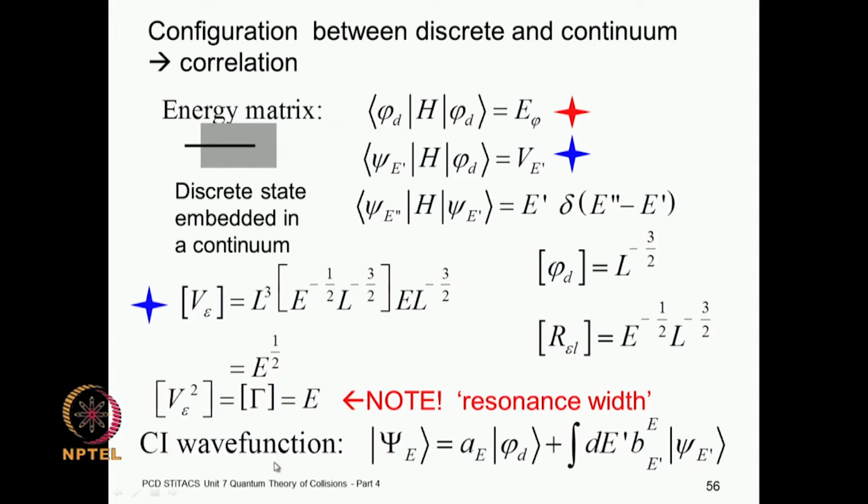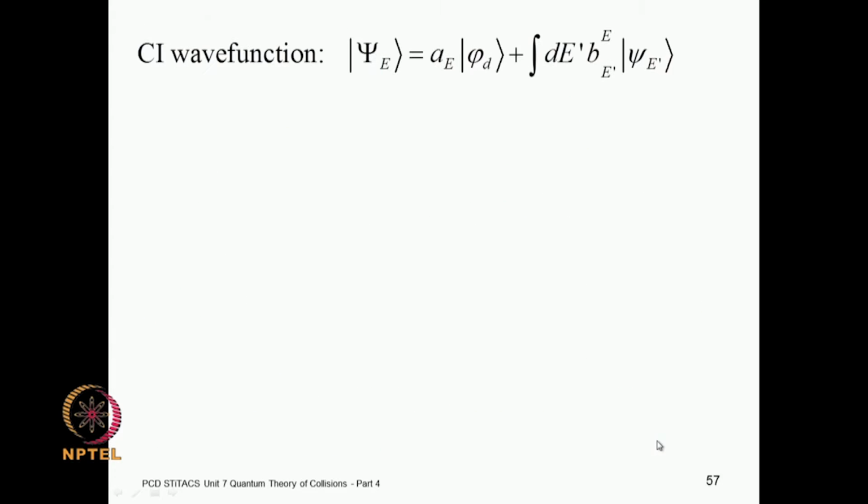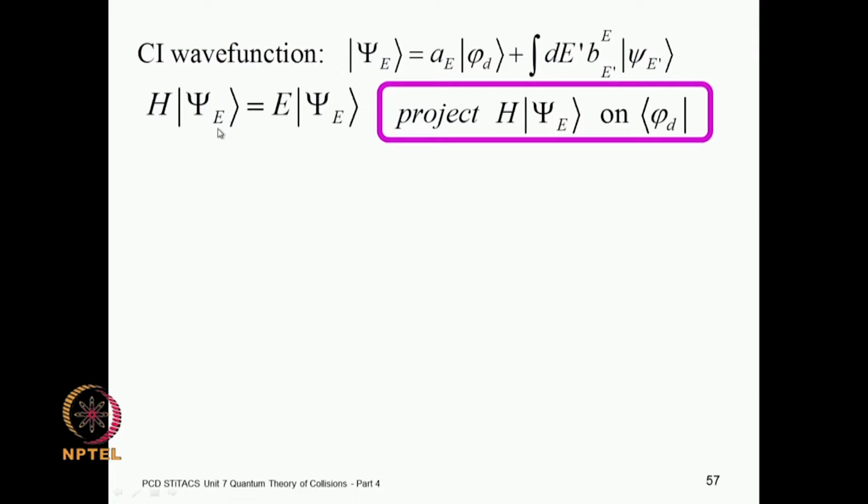Now, the configuration interaction wave function will be a superposition of the discrete state and the continuum state, and for the continuum you will have an integration over a range of energies, d E prime. So, this is your configuration interaction wave function, and now our task is to determine these coefficients a and b and go from there. So, here we are. This is our Schrodinger equation. Now, let us project this on a discrete state, because this is the Schrodinger equation for the 2 electron system,